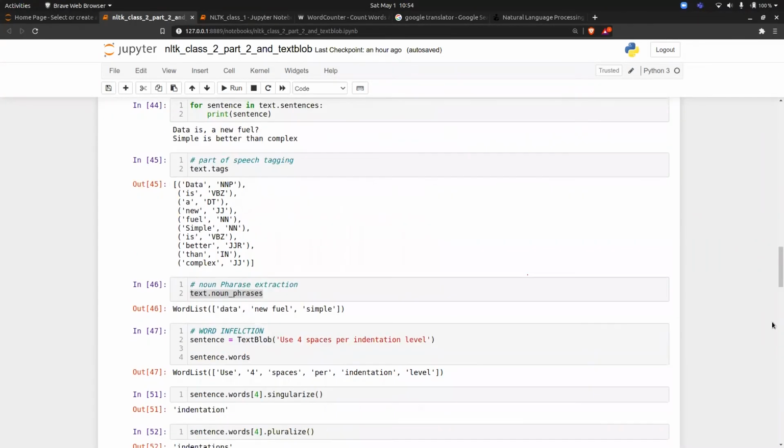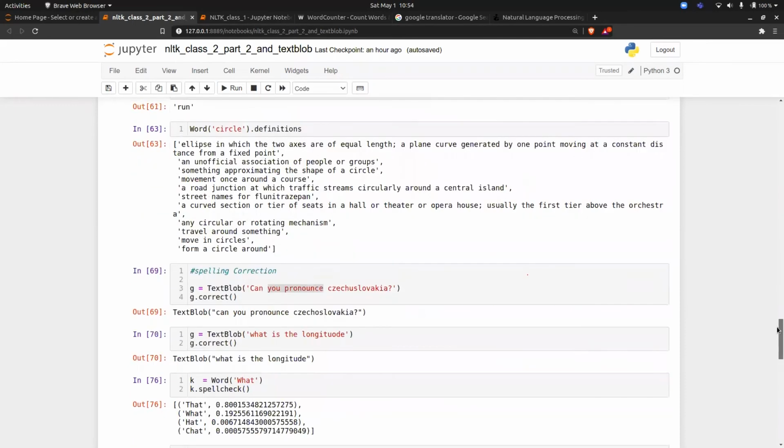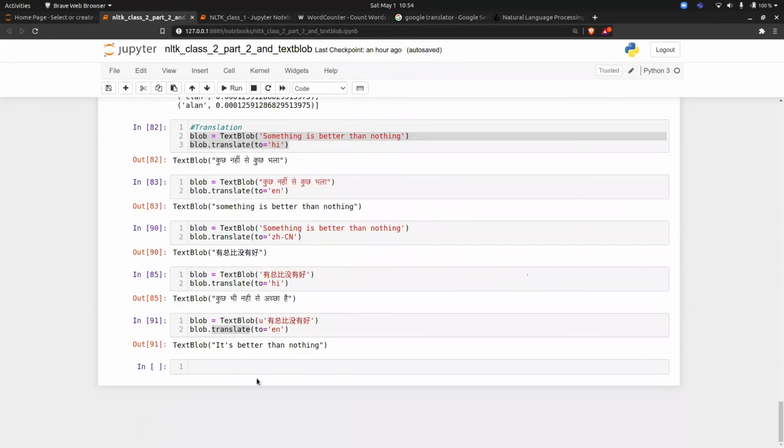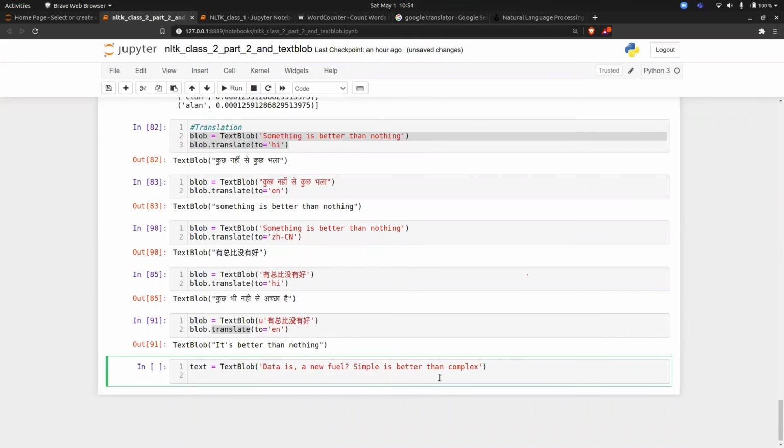Copy. Paste. And if I do text of 0 to 5 in a string, what will happen? So if I do 15, what will happen? Suppose there is a string. So text is not a TextBlob, text is a string. So what will happen if you do this? By indexing, it will give you that data. Yeah, so 0 to 14, right?